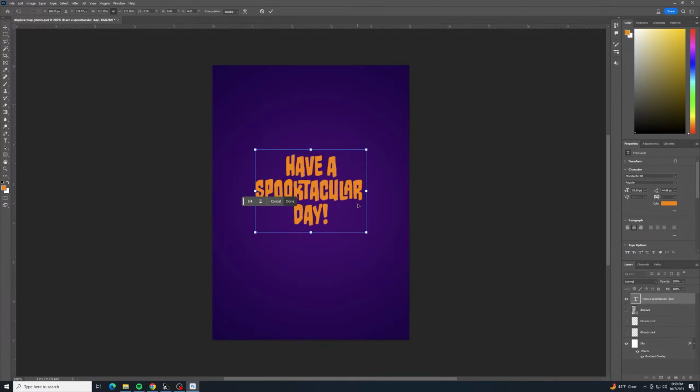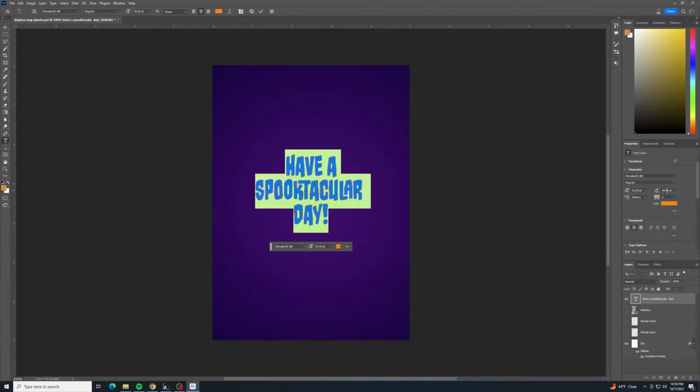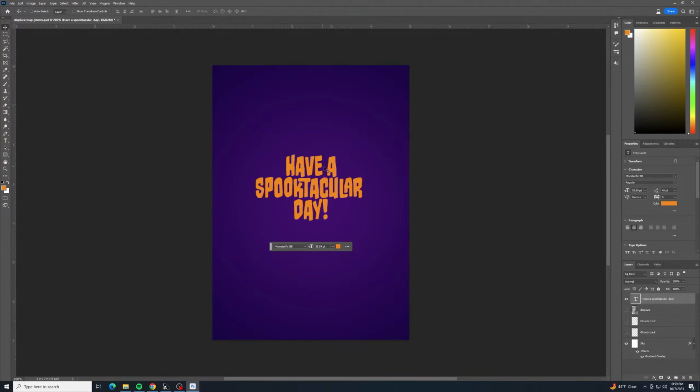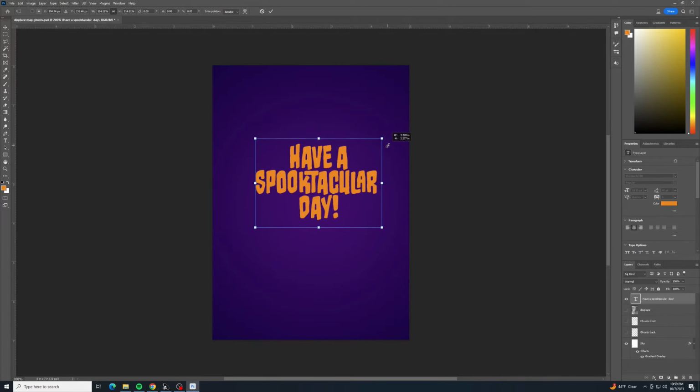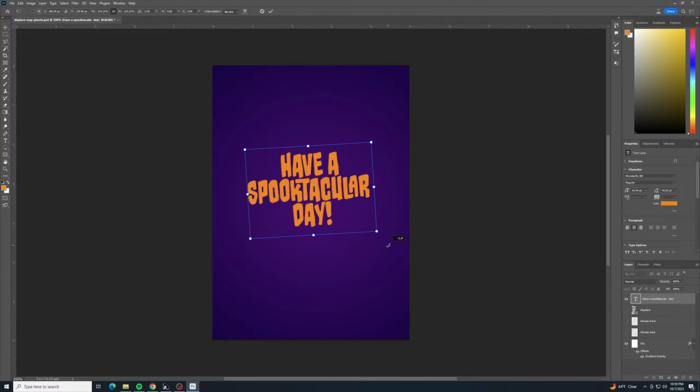And let's see, maybe over here, maybe we'll try 40. Yeah, I like that a little better. Alright, so those letters are a little bit closer together in there. Stick it here, maybe rotate it just a little bit, and then if I go in here to the layer